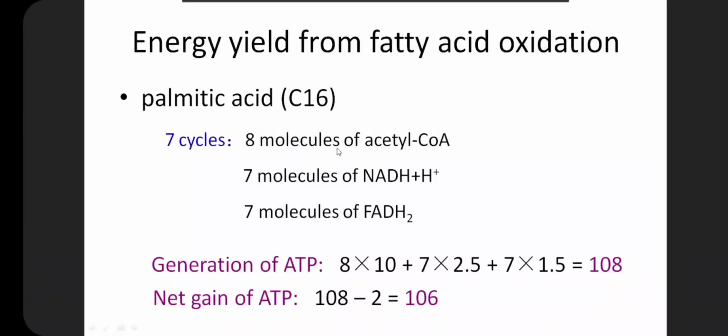the production of 8 molecules of acetyl coenzyme A, 7 molecules of NADH, and 7 molecules of FADH2. And then the acetyl coenzyme A can be metabolized by the citric acid cycle, and the NADH and FADH2 can be oxidized by the electron transport chain. Okay, so after